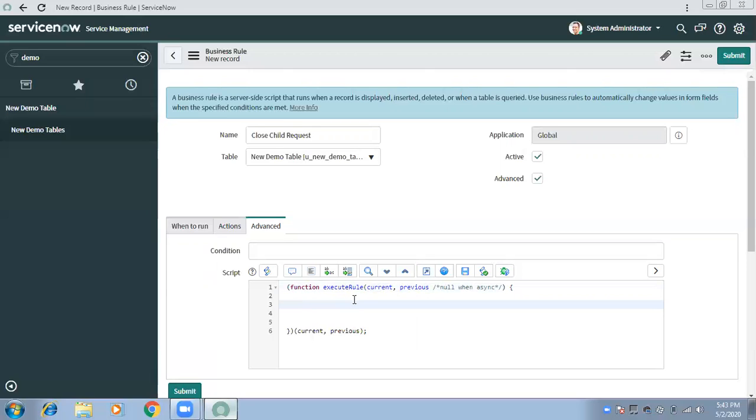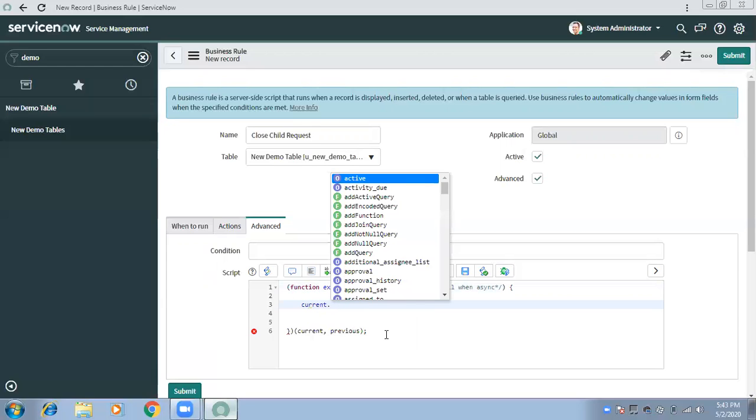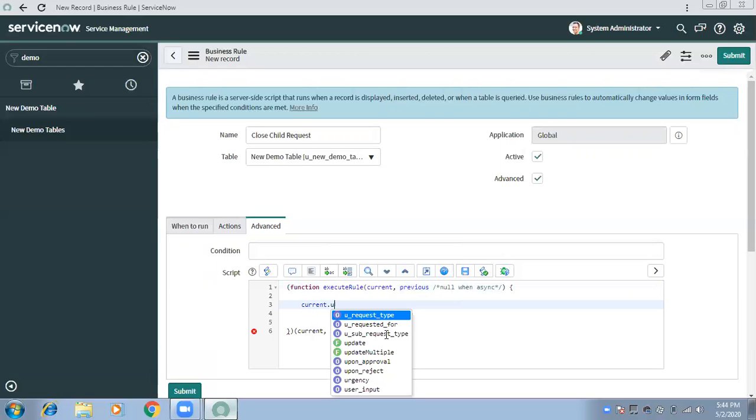When you are getting a field value, if you put current dot, let's say I need to get the value of State, or request type, then it will give me what the user has now selected, what the value currently is. If I want the past value, what was previously selected, I can use previous.